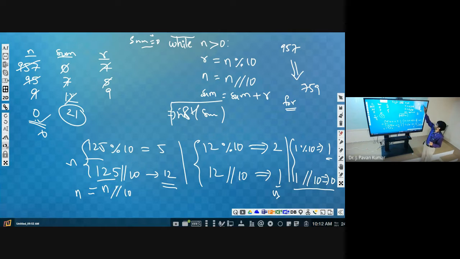Now you consider another one. If I give 57, what should be the output? If I give 7, then 7 only. 57, 75. 957, 759. So can you give any logic? How can we get the reverse of the given number?